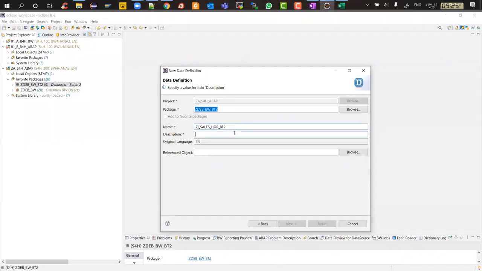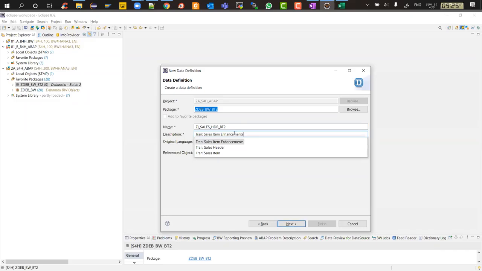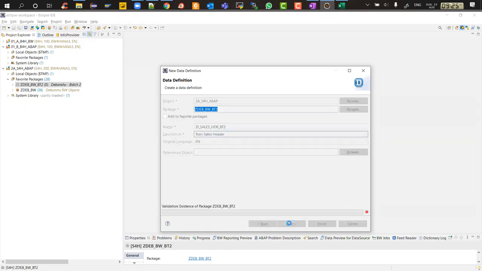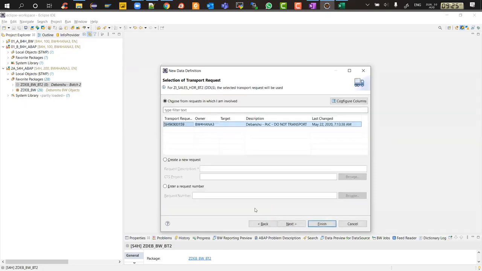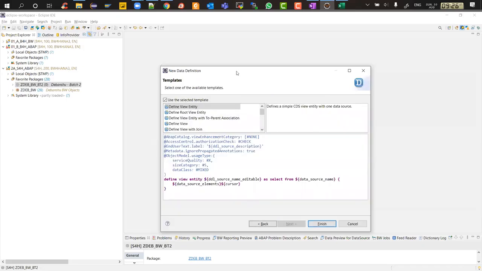Okay. Give the description. I'll just give transaction data. This is transaction data and this is a sales header. If you want a reference object, you can give that, but for now, we are creating from scratch. So click on next. And then you will have a transport request. I already have a transport request, so I'm going to choose that. If you don't have one, you can create a fresh one. And now we are